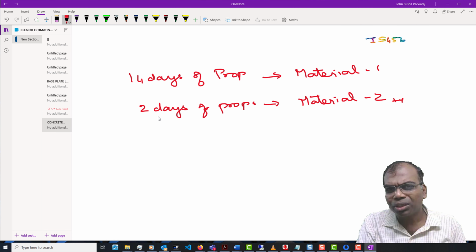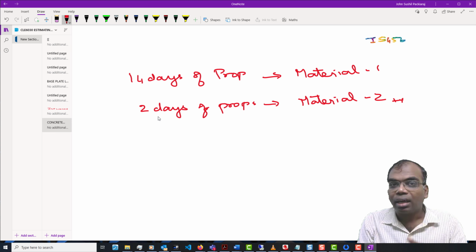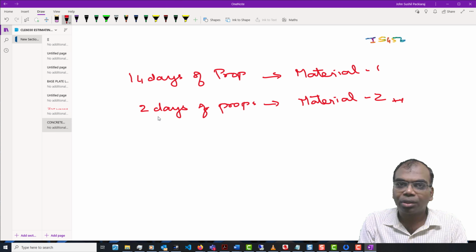Can you see what is happening to the cycle time? I am not using any precast or any other system. I'm using a different material. The material is not compromising on the strength. The material is not going to have any performance difference. The base performance requirement is going to be met, but the way I did it made a big difference.